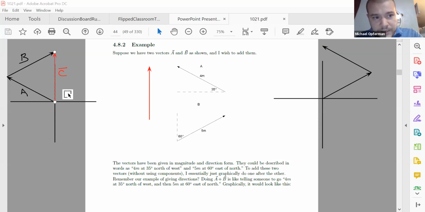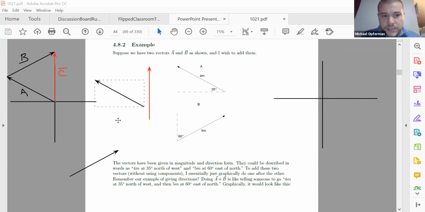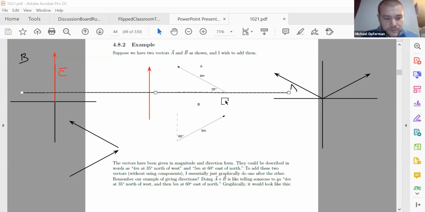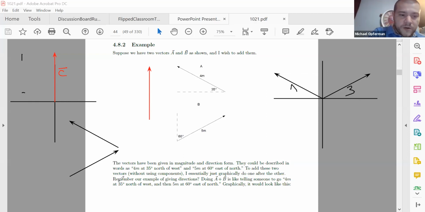A few notes about this. Another way to think about it is, let me move, get some stuff out of the way. Let's use this right-hand coordinate system over here. If you draw vector A starting from the origin, so this is A, and then we draw vector B starting from the origin. Okay, you know that's an A, and this is a B. If we draw them both starting from the origin,